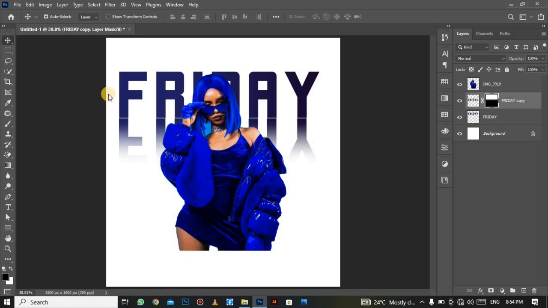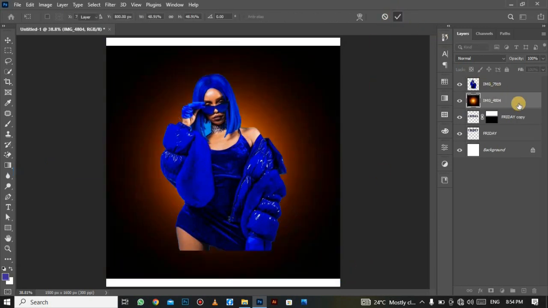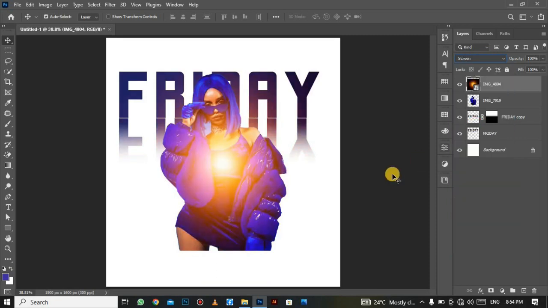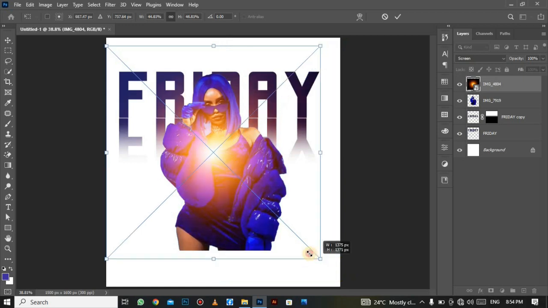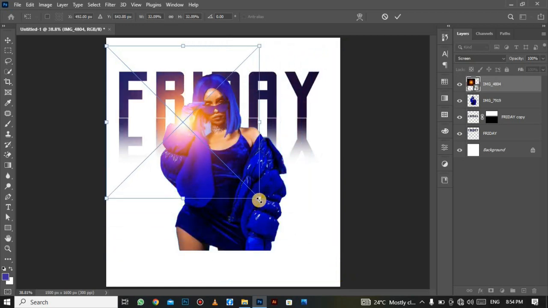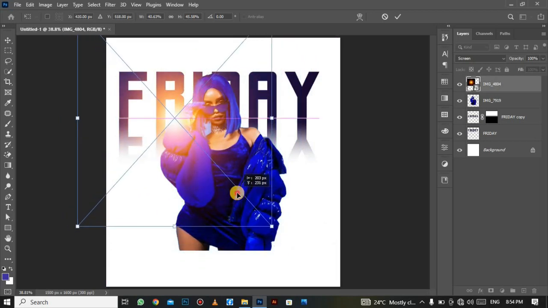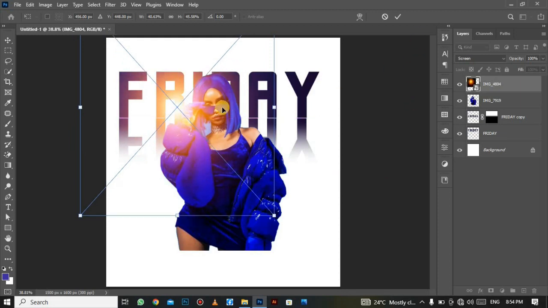Then I'm going to take the move tool from here. Then I'm going to go to file again and click on place embedded. Then I'm going to import this image you are seeing right now. I'm going to commit it right from here, and I want to drag it to the top of the model layer. Then I'm going to change the blend mode to screen. And I'm going to press Ctrl T on my keyboard to free transform. Then I am going to reduce the size just like this. Then I'm going to drag it to the left hand side of our model just like this. Then I am going to click on